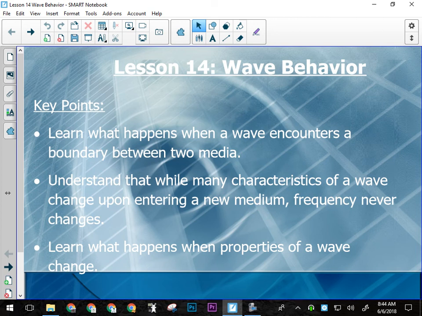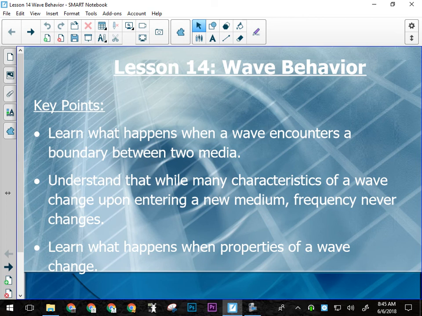The speed might change. What else might change? Something else has to change when speed changes because something else can't change. Nope, period can't change because period and frequency are the same thing and frequency can't change. So what's the other thing that's in the universal wave equation along with speed and period? Wavelength. Okay, so the wavelength will change and the speed of the wave will change, and sometimes that even means